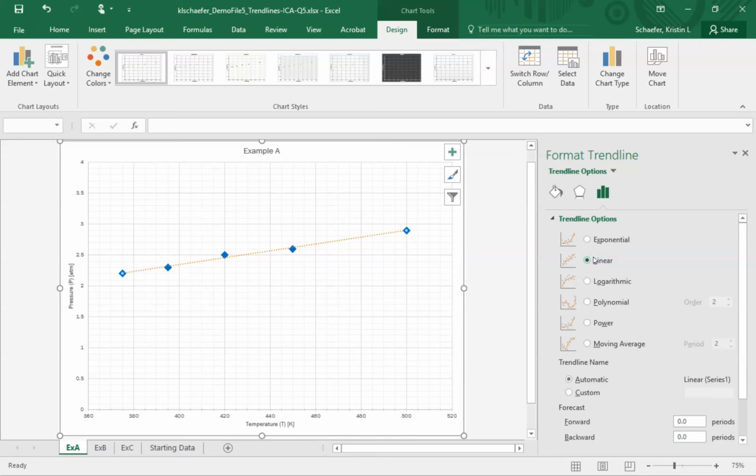Especially since we have a relationship between pressure and temperature. And we know that the ideal gas law is PV equals nRT, which follows the same format as y equals mx plus b, right? Our trend line, right? When we've got linear,